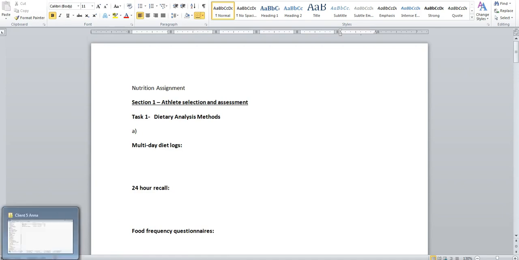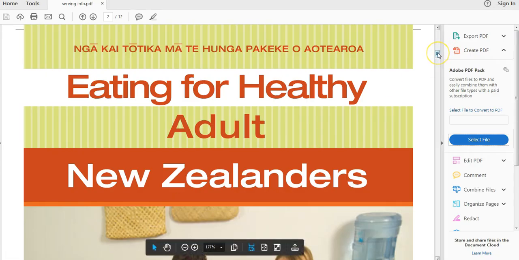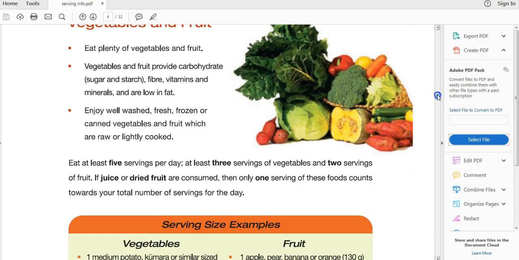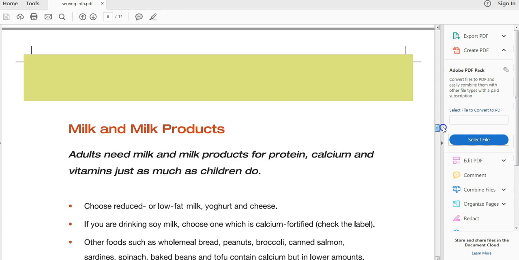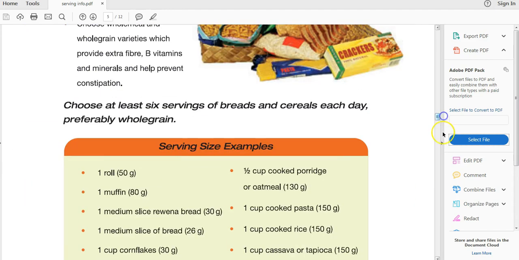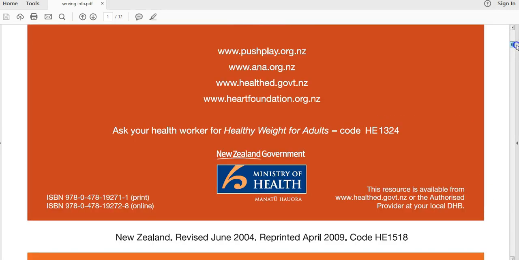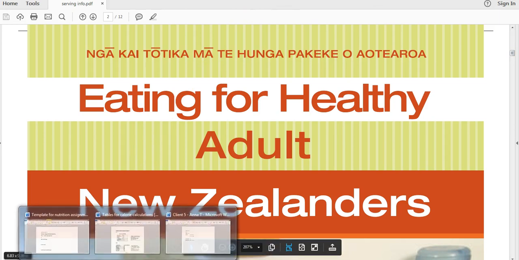Alright, the last of the documents in your little folder of things that you're going to have given to you here is a servings document. I've got one open here, and this is just called Healthy Eating for Adult New Zealanders, and is a document that sort of gives you some more details on how to count up servings of fruits, vegetables, grains and cereals, milk and milk products and meat. Okay, so it's a bit of a skill initially to work out what a serve actually is. It's pretty easy to identify where things reside, but we'll be using that document for a specific part of the